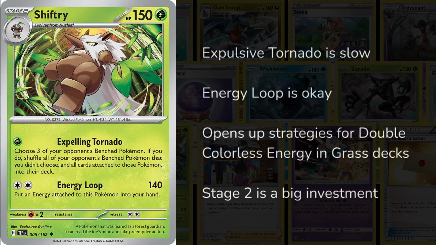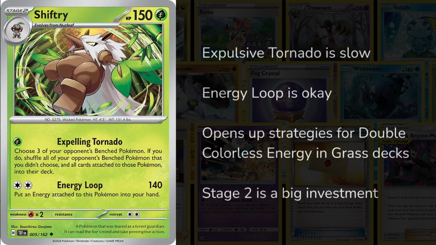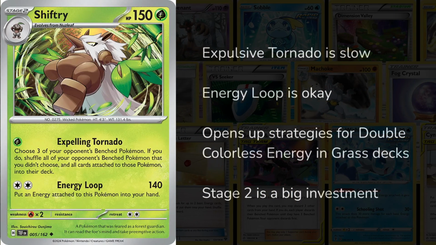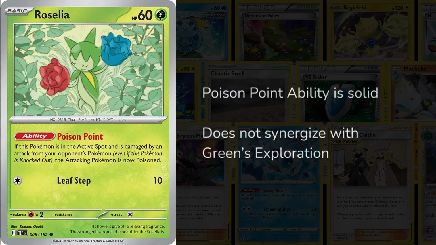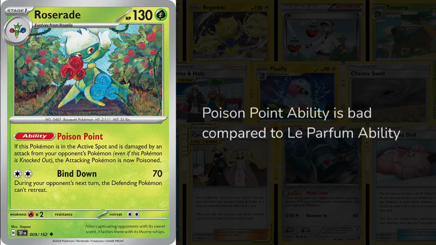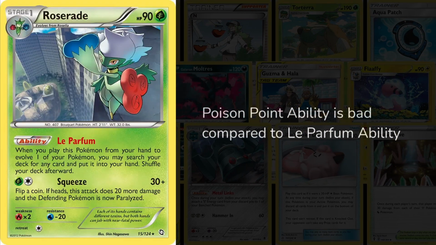Let's start with Shiftry. Expulsive Tornado is a bit slow, but Energy Loop is an okay attack. Shiftry opens up strategies for double colorless energy in grass decks, though a Stage 2 Pokemon is a big investment of deck space. Roselia with the Poison Point ability is solid, but does not work with Green's Exploration. It's worth considering in Poison strategies, though I would prefer one without an ability. As for Roserade, its ability pales in comparison to Le Parfum on a past version of Roserade, so